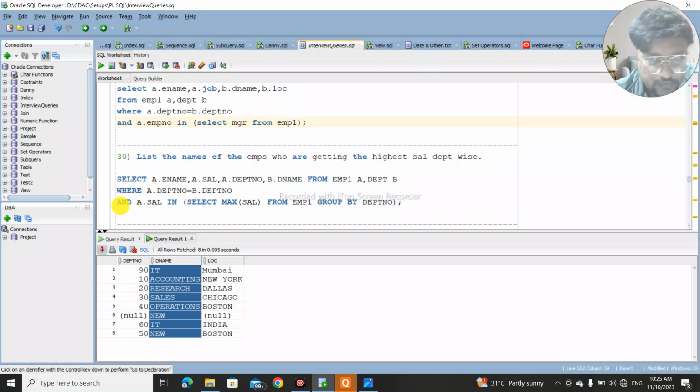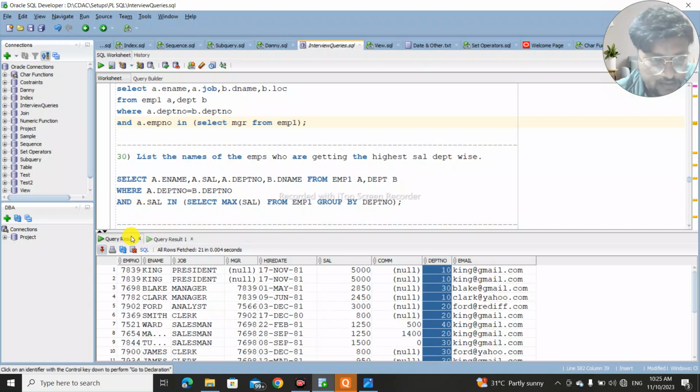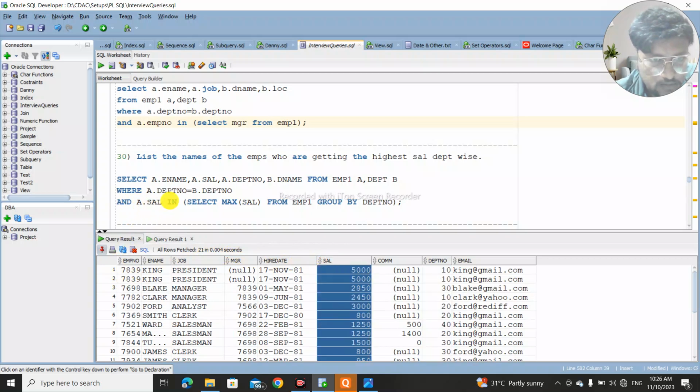Then what is our case? A dot sal from the first table, this column should be in the subquery we had written: select max salary from EMP1 group by department number. The max will be applied to all the salary column values, but department wise separately. So this subquery will return the maximum salary from each department. Each department's maximum salary will be compared with this salary. If this salary is present in it, then the result will come. That is the highest salary. So if we run this particular query,